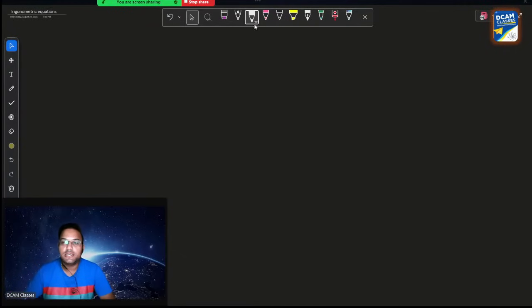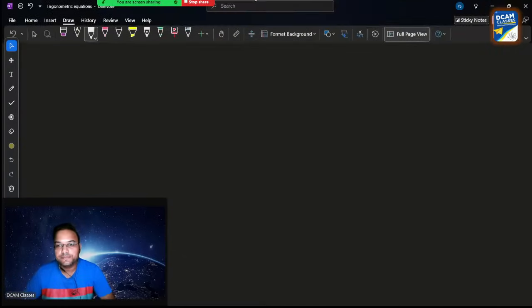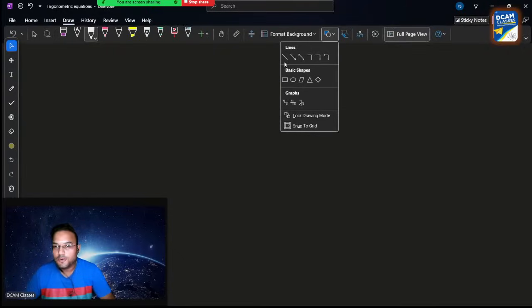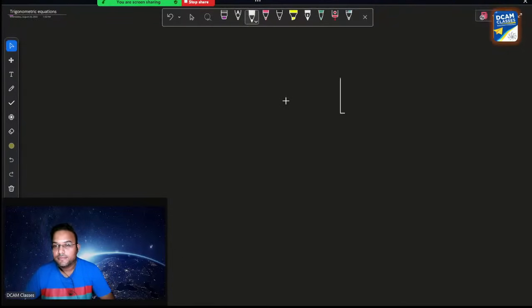But if you see the graph of this sine, the problem arises here. When you have this graph, the graph of sine x,